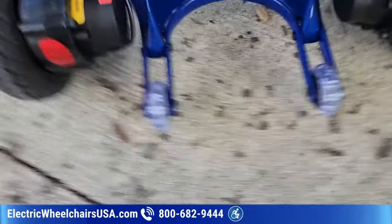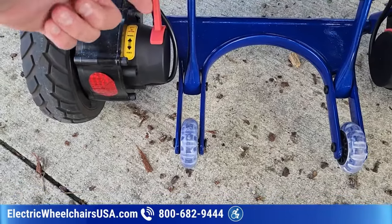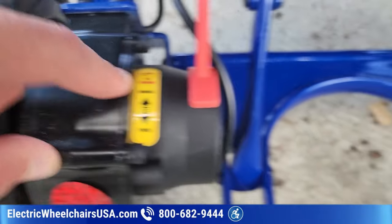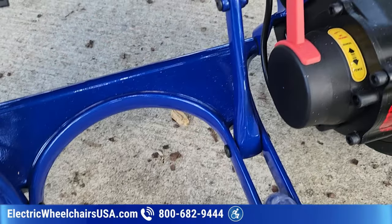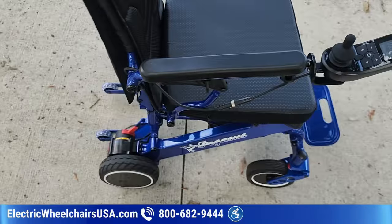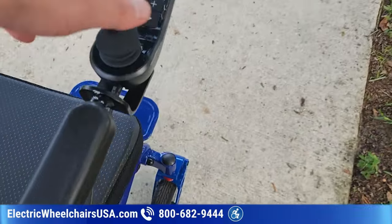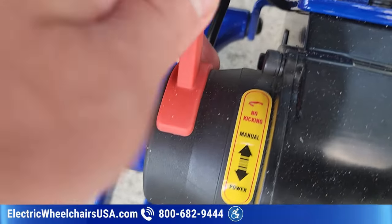So we've got some anti-tip wheels here. Right now they're in the power position. So if you look at this, there's power and then there's manual. So they're both pulled back into power, which engages the electromagnetic brakes. So when I accelerate with this and let off the throttle, the brakes automatically engage and slow it down. Now, if I push both of these forward into this manual position,